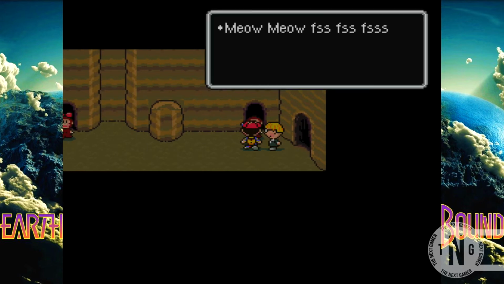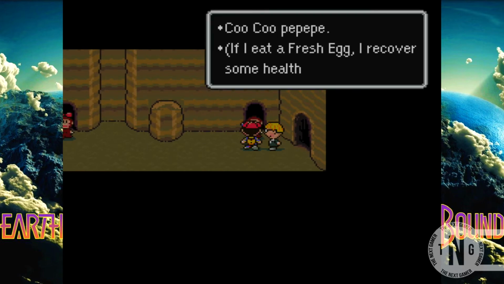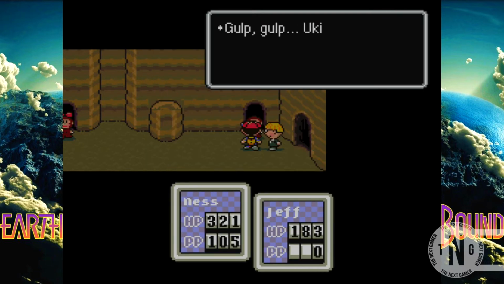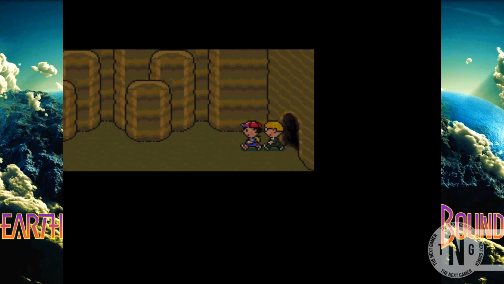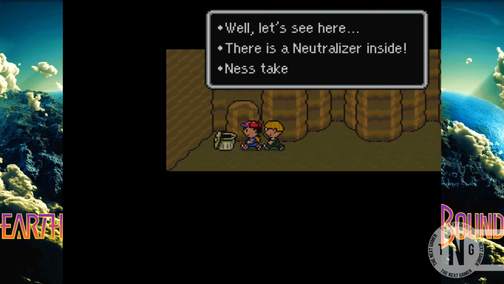We're gonna actually have to carefully trade our hamburgers that we get in this place. But anyway, here's the one that wants the fresh egg. We're gonna go ahead and give the egg to the monkey. Move out of the way now. There we go. All right, and here we find a trash can, and when we dig inside, we'll find a